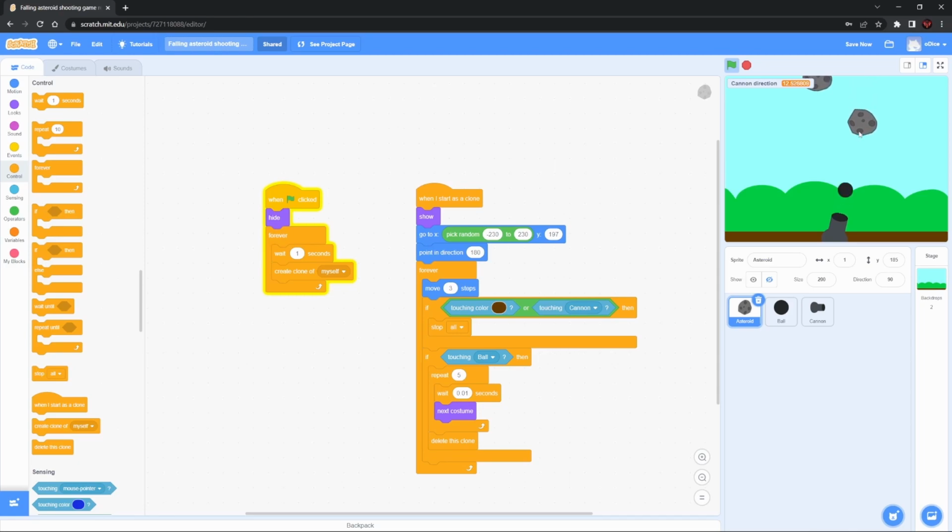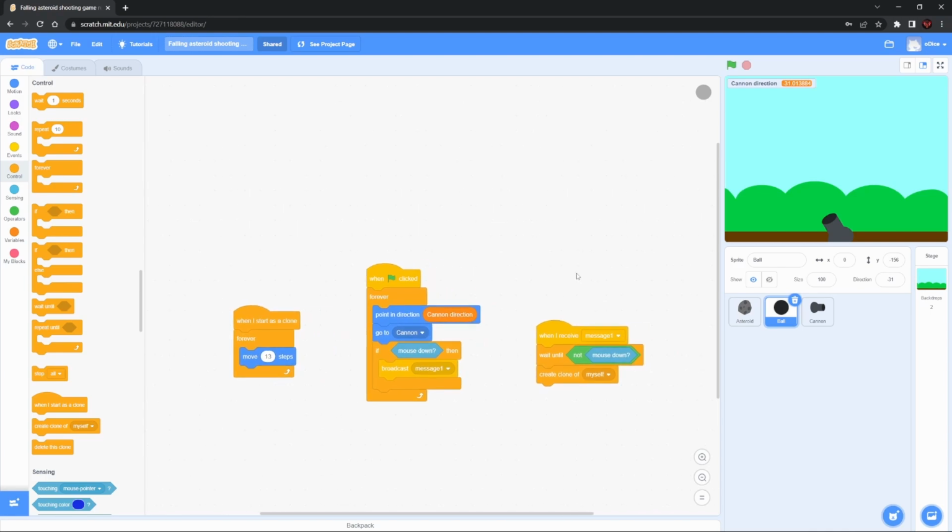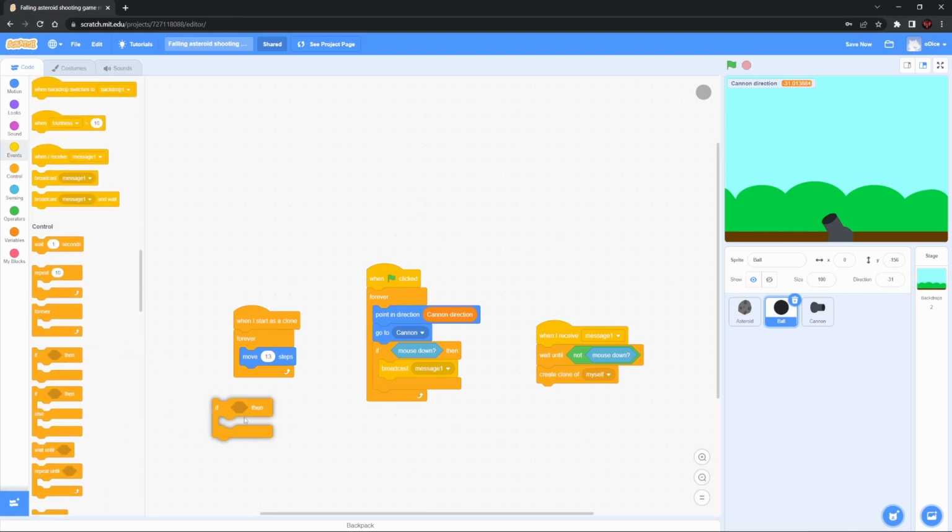So let's check if it works. And perfect. We can technically play the game now, but it doesn't really make sense that the ball makes the asteroid explode and then still continues, right? I want it so that the ball also disappears when the asteroid explodes. So to do that, I'm gonna get another if block, and I'm gonna put it in this forever loop